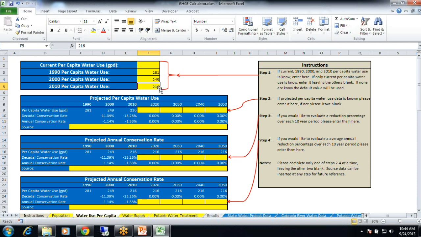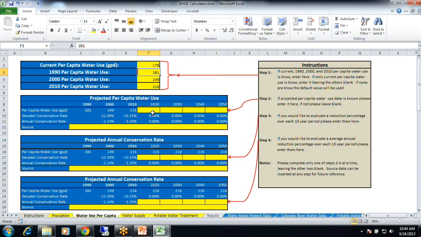So, in a lot of ways, sometimes you can estimate your own data like that better rather than allowing the tool to say, oh, well, they didn't put anything for 2000, so I'm going to go ahead and use the last year, which would be 281, which is a big jump from 281 to 216. So even though the tool will do it for you, use common sense, and for stuff like that, figure out your own values.